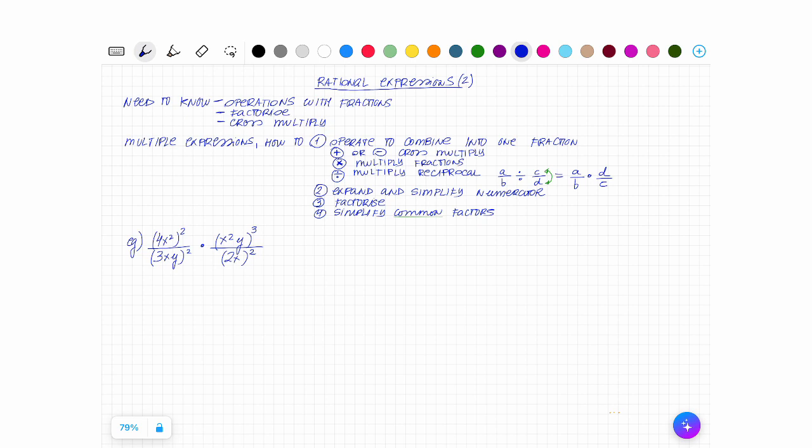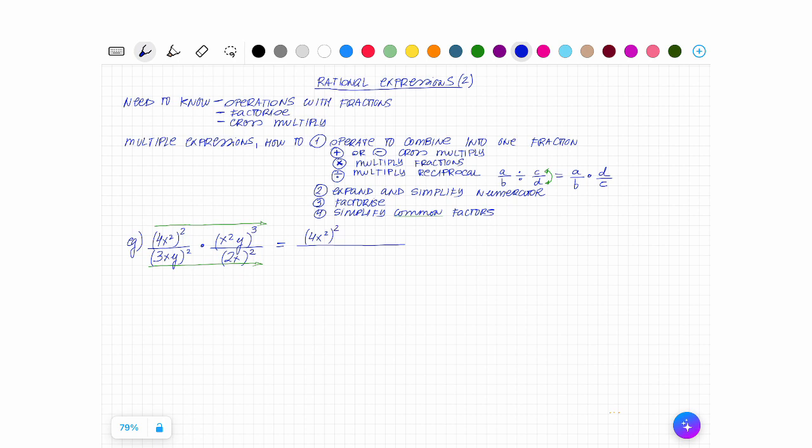So let's see an example of a multiplication. They give me this and I need to simplify. A multiplication of fractions is the easiest of all the operations. I simply multiply my numerators together and my denominators together, and then depending on what I have, I can simplify. So I'm going to do exactly that. I'm just going to bring everything in one big fraction,